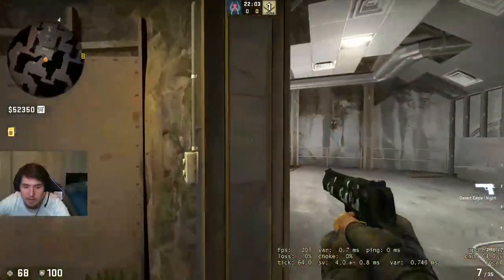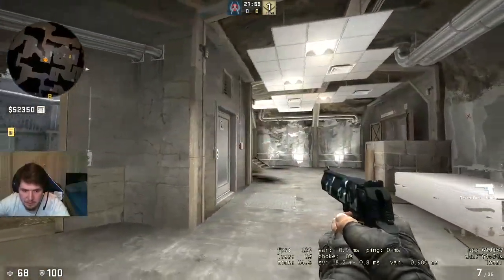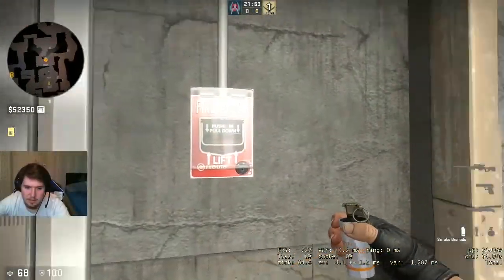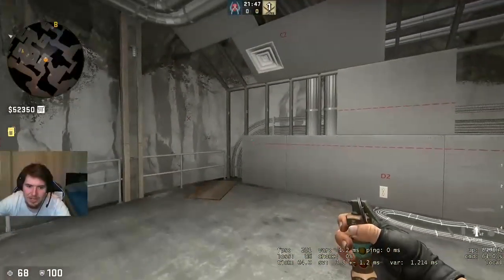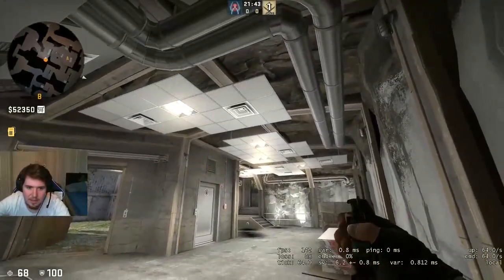So right here you have A main. It's quite simple for the CTs to go aggressive in. And there you have A long. So we got A. If you wanted to flash peek this, you want to come up against... There was a flash. I think you stand in the corner. Aim at...